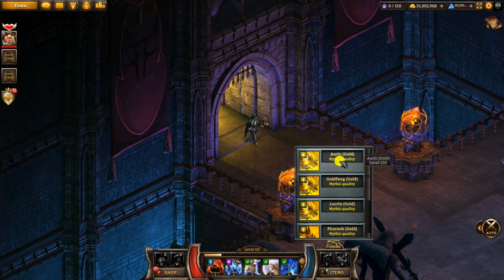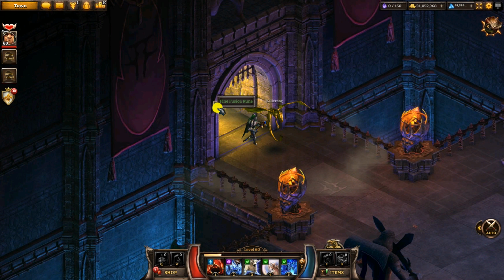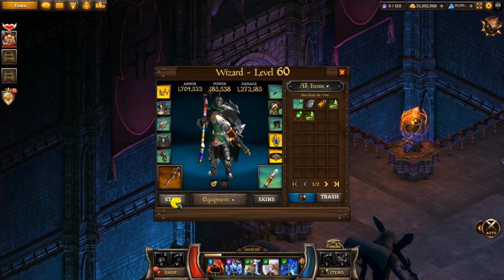Also, GLPs, both the solo pots and the group pots, add to gold drops rather than gold find. So the solo pot gives you 150% extra, the group pot gives you 200% extra. So if you stack those together, if you have the gold drops trinkets and also the GLP, you get 3.75 times the gold drops. And then if you use, say, Auric here, you'll see in my stats page,